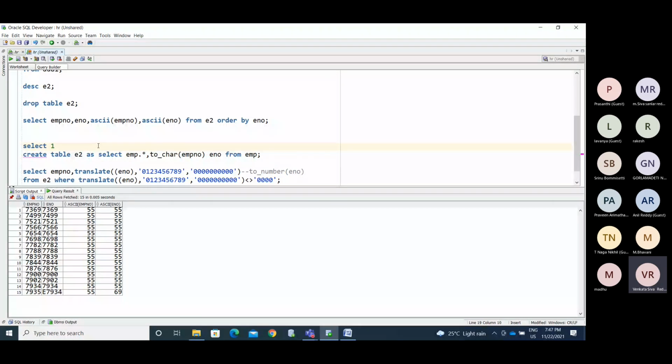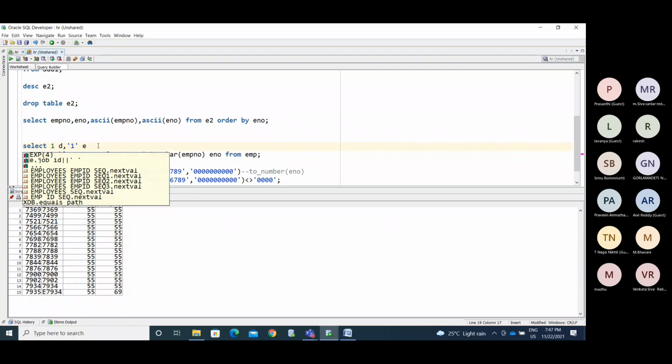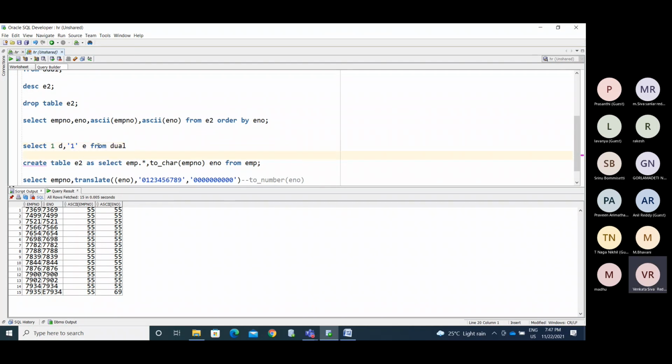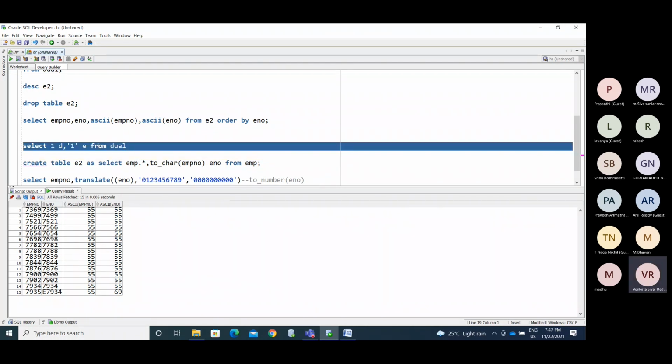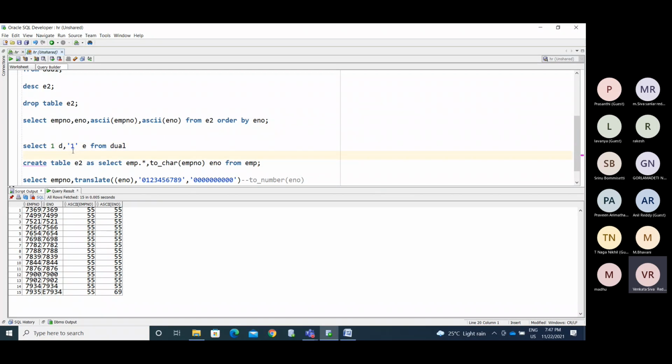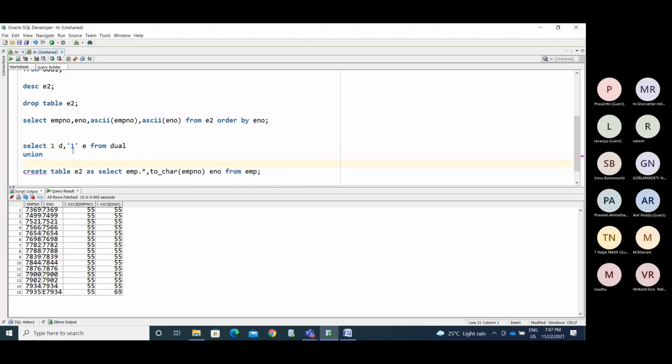Select one. Okay, this is the table we have.